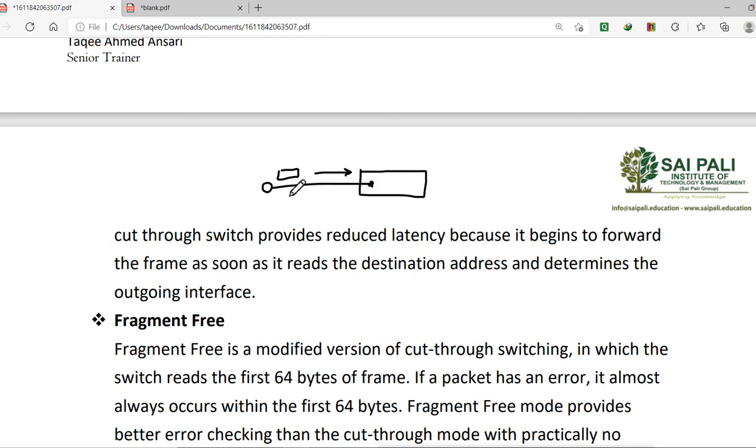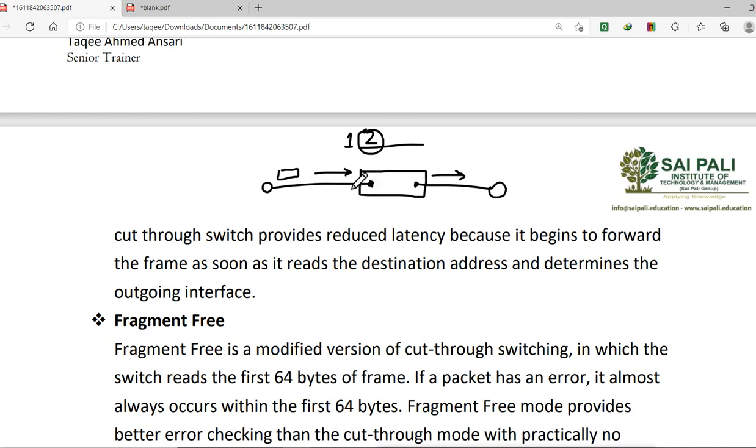Remember, when the packet enters the switch port, it goes through those 7 layers. First it reaches the physical layer, which converts the packet into bits, binary or digital. Then on the data link layer it opens the destination and source MAC address. Only at that time, when it reaches the destination MAC address, it forwards the packet to the destination. It does not read anything else, and it does not load the packet into memory. It directly forwards the packet once it has read the destination MAC address.